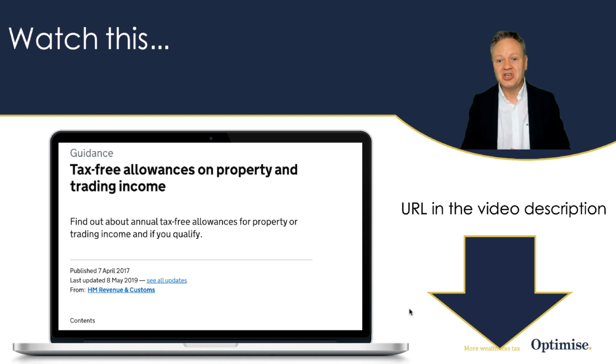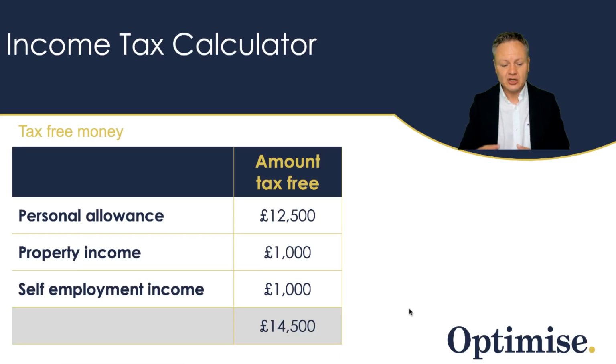Again, if you have a trade business, whether you're self-employed, you will have a tax-free amount, which is in addition to the £12,500 personal allowance, which is great news. That means you can increase your personal allowance, as in you do not pay tax on the £1,000 property income and an additional £1,000 worth of self-employment income. That is now £14,500 tax-free. That's a substantial increase, really. Does it stop there? No, we are going to go further.